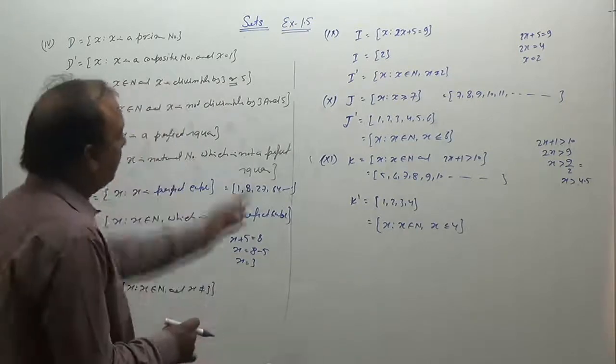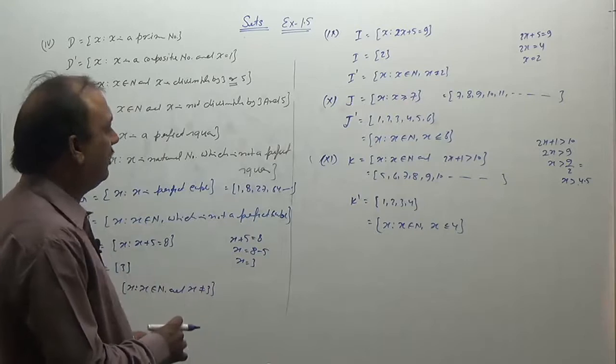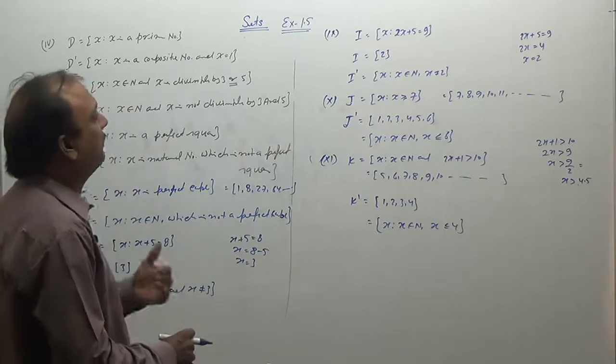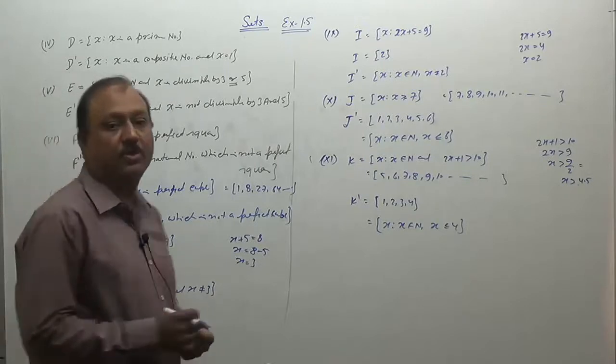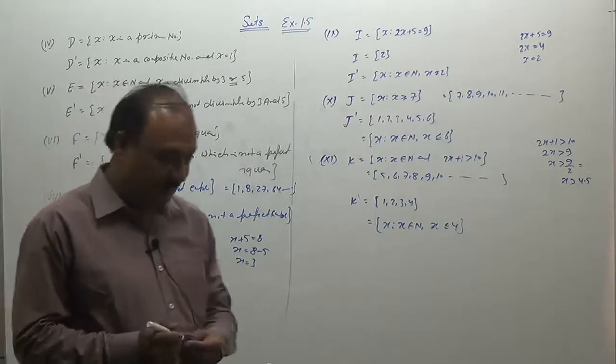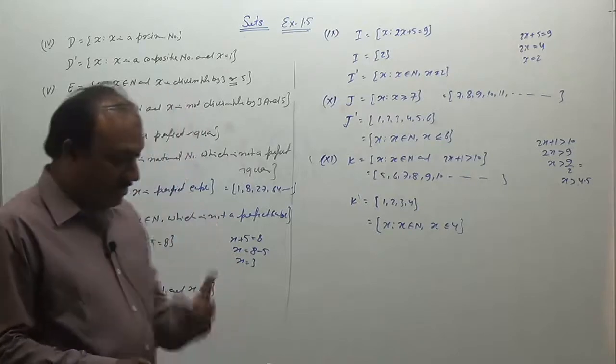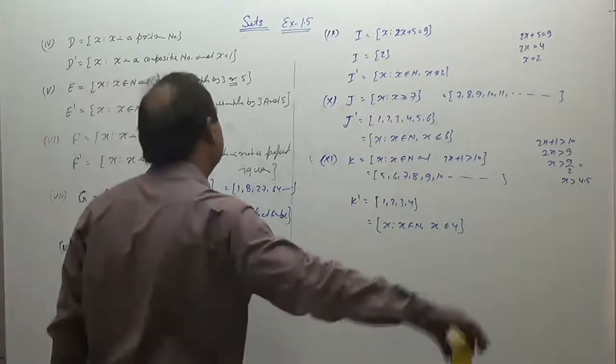So simply there is a universal set और different type of sets यहाँ पर define हैं. हमने उन सब के यहाँ पर conjugates find out किए हैं by following the definition of the conjugate of a set. Next is now question number 4.